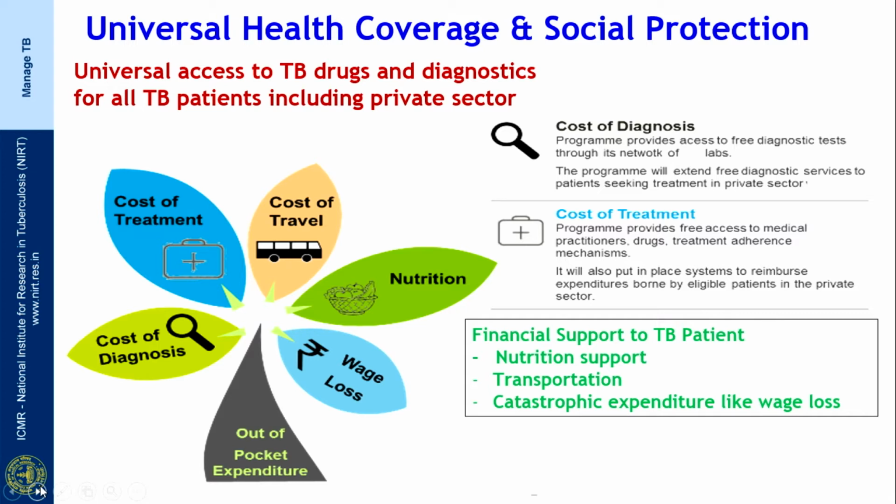That is the cost of diagnosis, cost of treatment, cost of travel, cost of nutrition, and, to avail the treatment, the wages lost. So these are 5 different elements contributing to